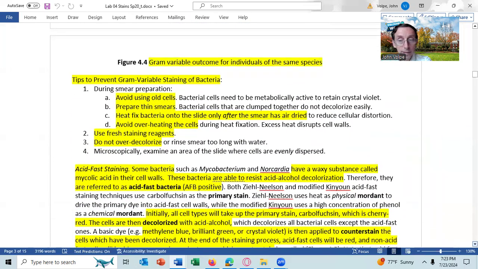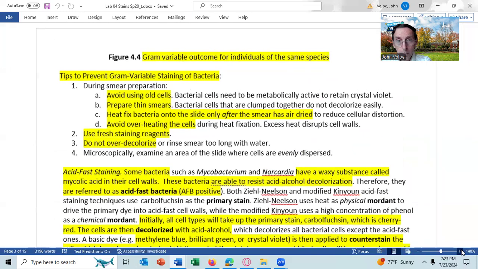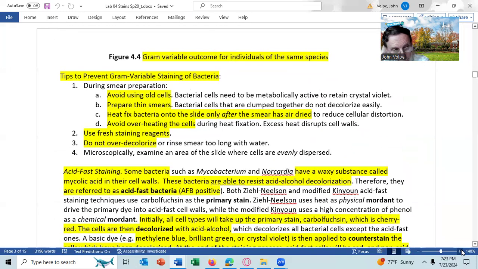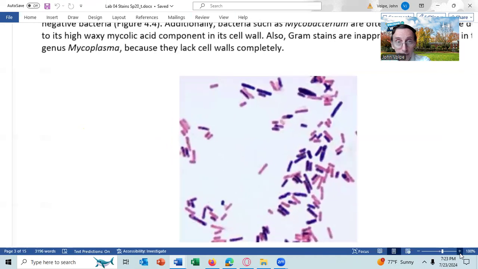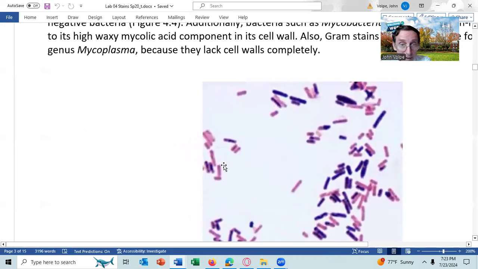I have a question. Yeah. Not every cell that stains gram negative is dead, correct? Probably not. It might be just a sick cell. But obviously, if the species is gram negative, then all of them will be gram negative. But I assume you're talking about the mycobacteria. I don't know because we are only looking at the cells, but that cell there looks intact and it might be viable. It's hard to say because you'd have to take it out and see if it grows, but it could be viable. Okay.